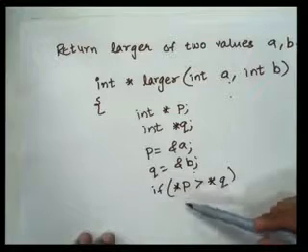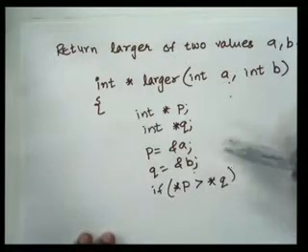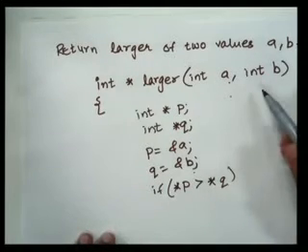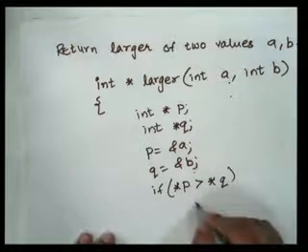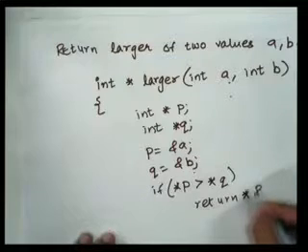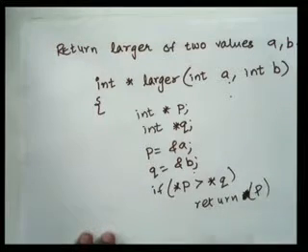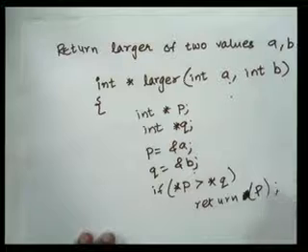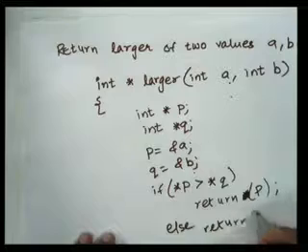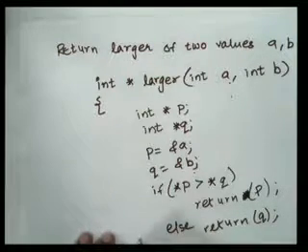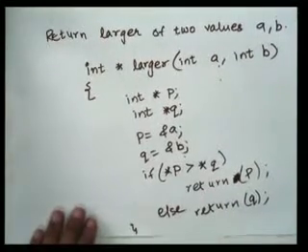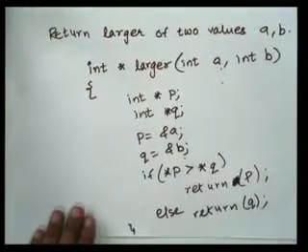*p, actually you are accessing the value at that memory. So here it is the value of a, right? So if a is greater than b, what should I return? Return *p? No, return p, because we are returning a pointer. We just want to return the address, right? In the else condition we can return q. This is how we can write a small function which returns a pointer value.